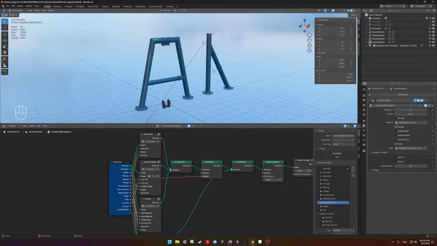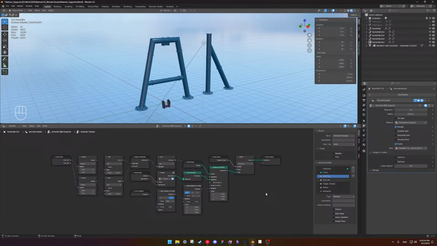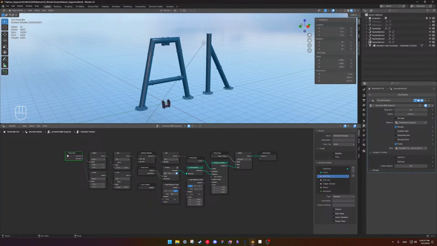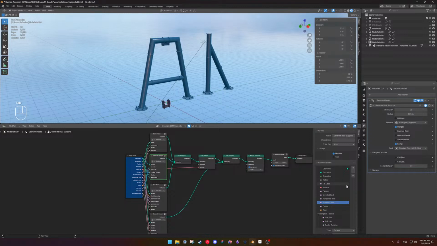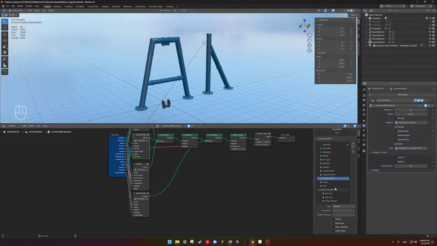I don't think there's anything else I can add to the supports right now. But that is our updated support nodes. Flange bolts we do not need, so let's get rid of that. I think I can clean up this a little bit. So flanges and footers, okay. So let's do